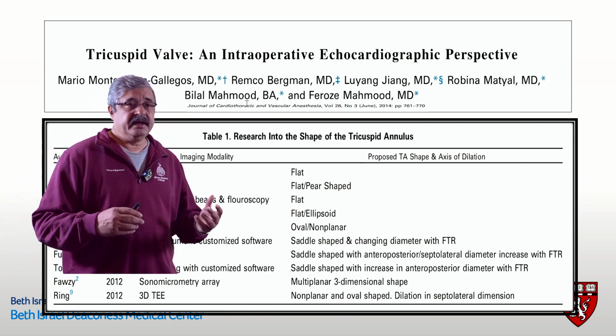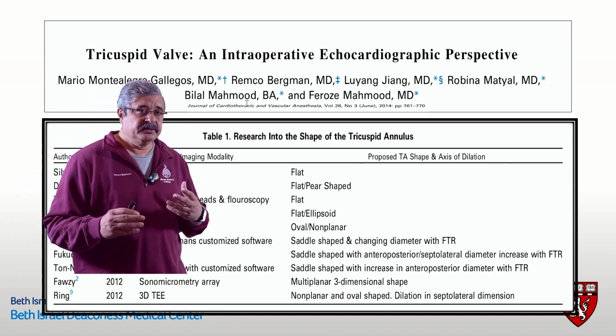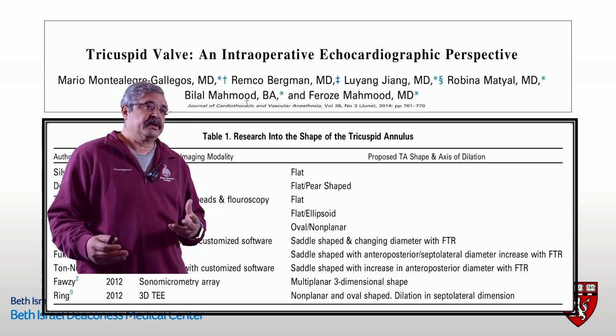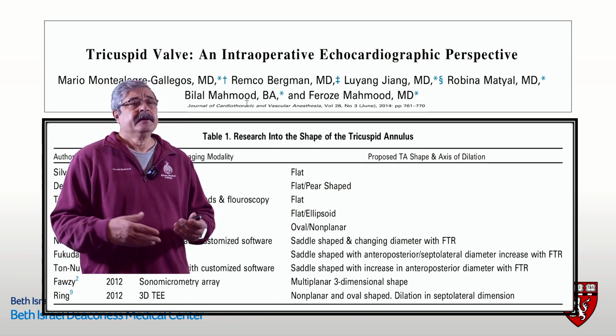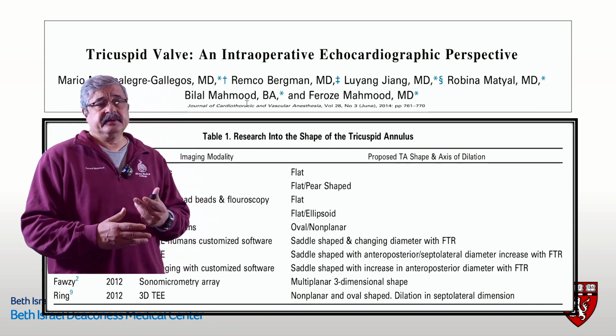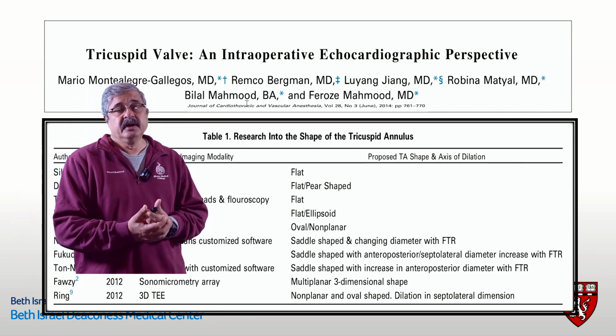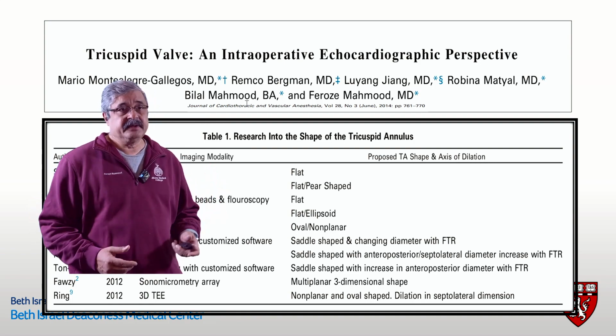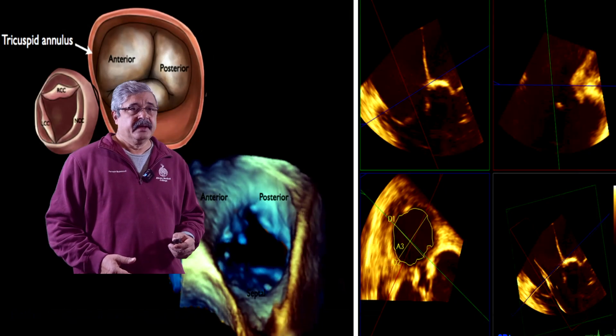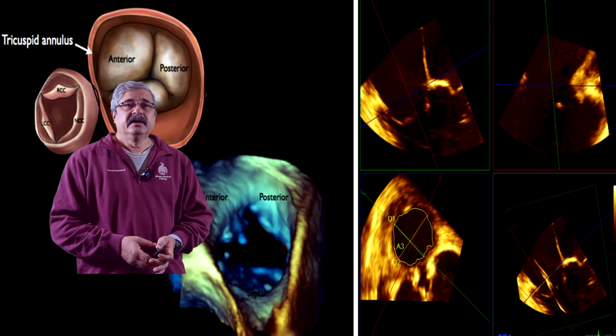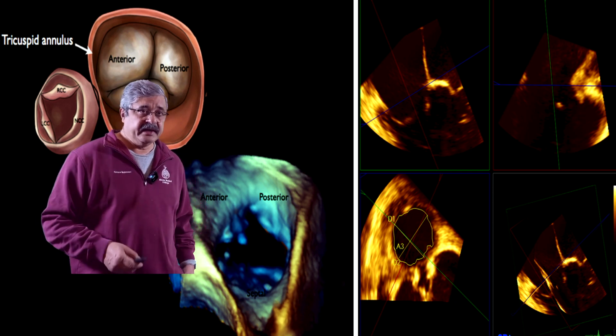They were just end-systolic and end-diastolic frames. And they're not controlled for heart rate, particularly when you're doing three-dimensional imaging. So the differences in the appreciation of the tricuspid valve and shape could possibly be related to not the annulus itself, but the way we measured that. And if you look at it, this is again the graphic from the